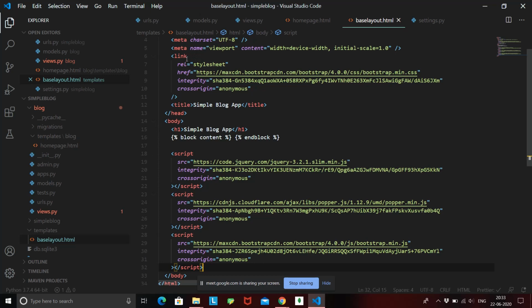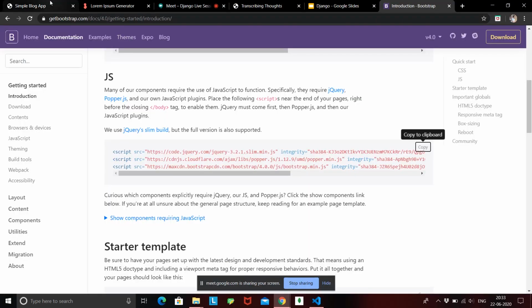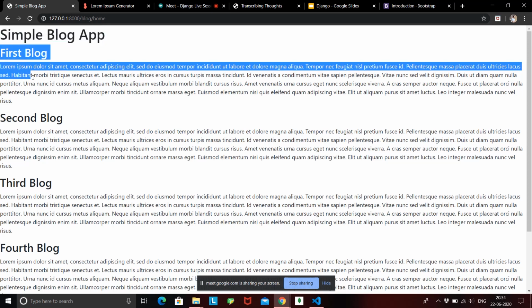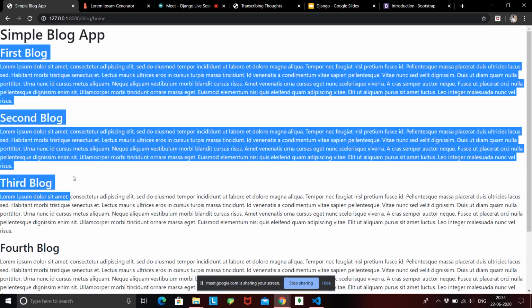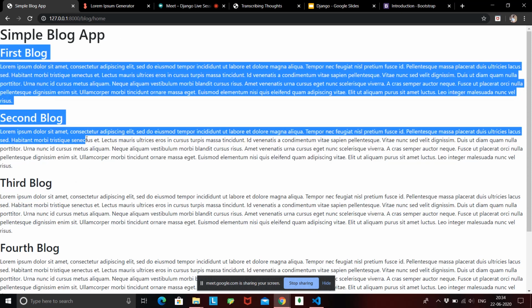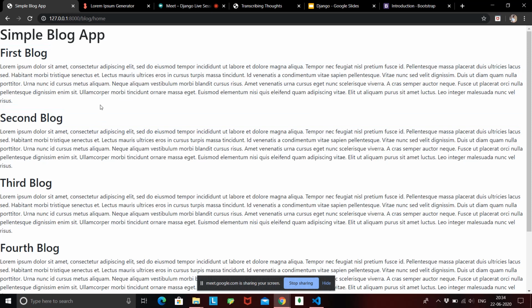We have our Bootstrap links, we have our script tags, and let's see what changes we get. Okay, so what happened over here is just the font changed, because this is the default Bootstrap font, and once the font is changed, we know that Bootstrap is successfully implemented. This title was inside the base layout, but all this data is coming from homepage.html, but it is also being applied the Bootstrap font because this homepage.html is extending the base layout, and inside the base layout we have the Bootstrap links. Fine.